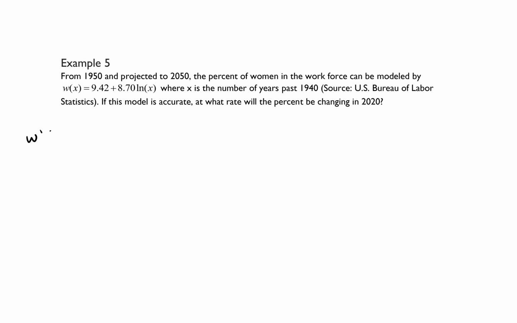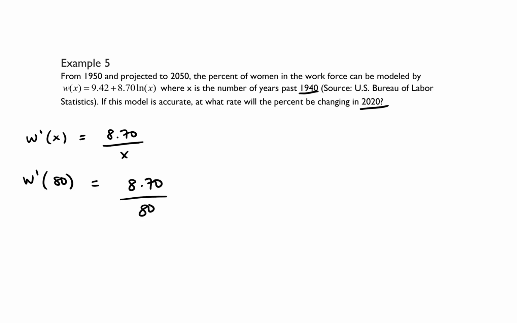So the first thing that we need to do is find the derivative of the W function, and that is going to equal 8.70 over x. And it's specifically asking about 2020, which is 80 years after 1940. So we would evaluate W prime of 80, which is 8.70 over 80, and that is equal to